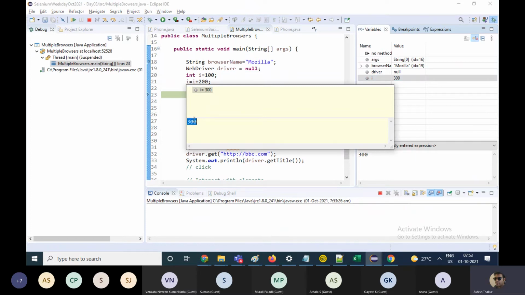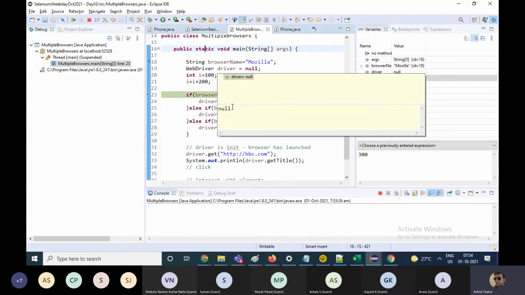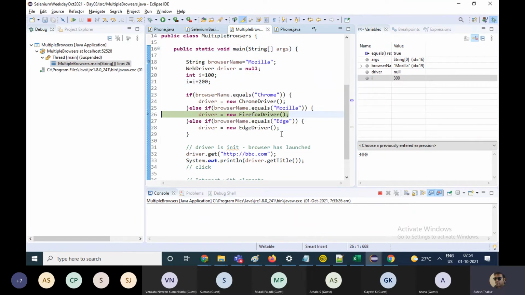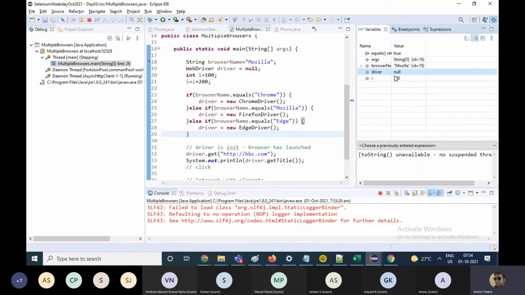This is the advantage of debugging: at runtime, you can see the status of your variables. The driver is right now null. If I run this line, driver will no longer be null; it will be equated to Firefox driver. Now if I move my mouse over driver, see it's written over here. The driver is still null.